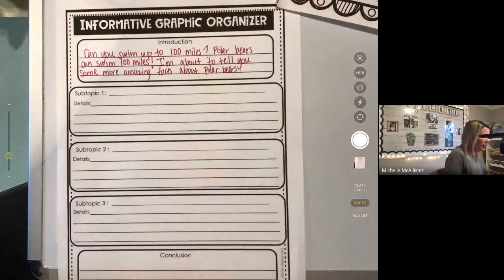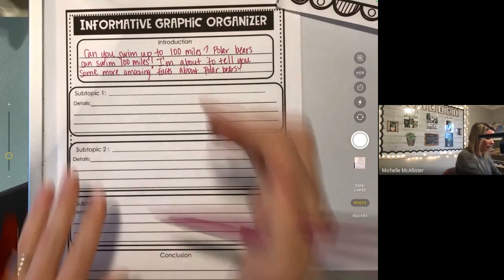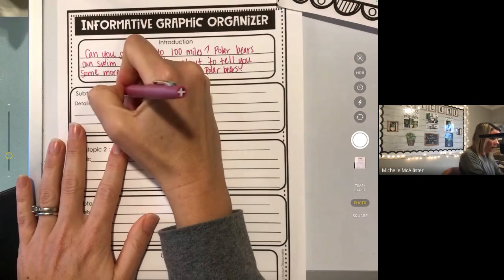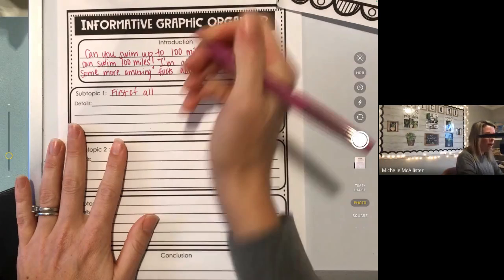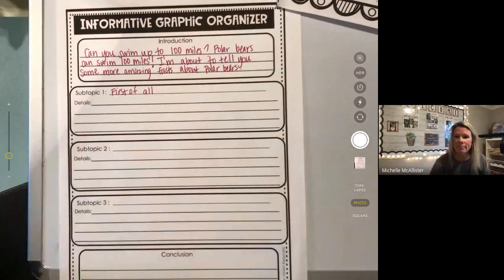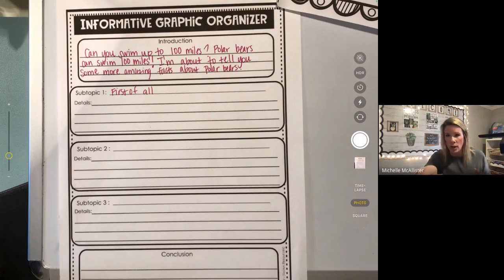Okay, so now that I've picked my transition word, I'm going to write that. First of all, but I don't want to tell my fact yet. I want to tell them what I'm going to talk about. I'm giving them a little glimpse. I'm not telling them the fact yet. So first of all,